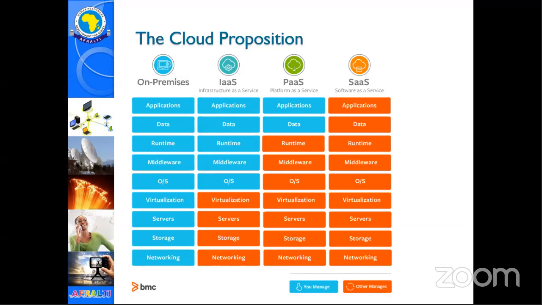Now, what on-premise means is that the owner of the data center or the server room is responsible to manage everything in that server room, all the way from the networking that is there in terms of the LAN and the connection to the internet, the storage.